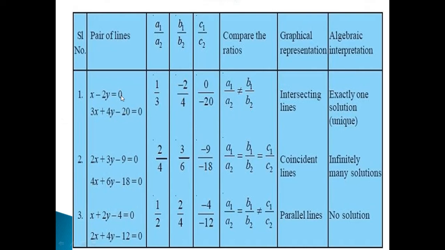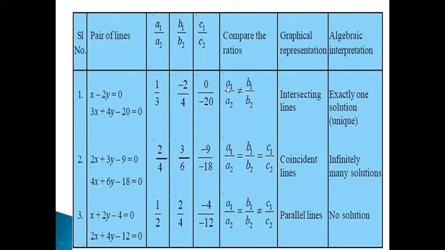And for c, we are shifting this 0 towards the left. It will always be a1x plus b1y plus c1 is equal to 0. So whether we shift the 0, it is minus 0 or plus 0, whatever it is. Therefore c1 by c2 is equal to 0 by minus 20. So compare the ratios. a1 by a2 and b1 by b2 are not equal. So we can conclude that a1 by a2 is not equal to b1 by b2, intersecting lines are obtained. There is exactly one unique solution. So we are getting another clue for intersecting lines.